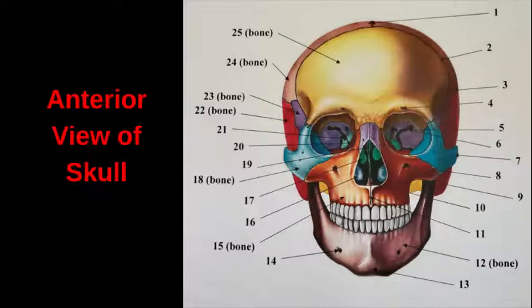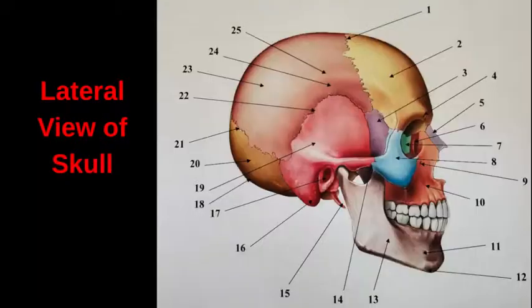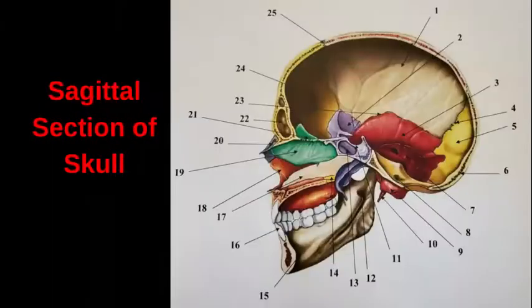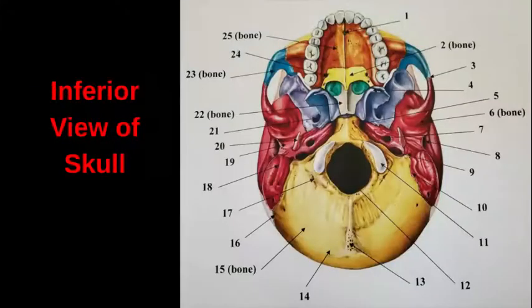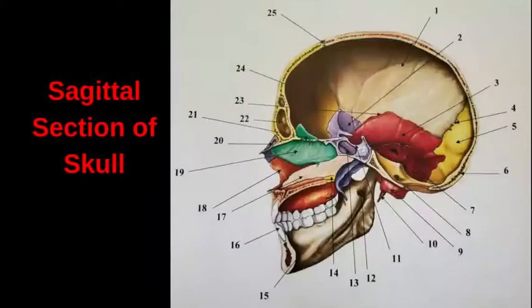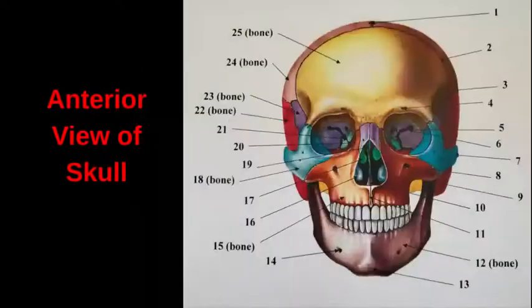Each view, okay, we have numbers. So lateral view is 1 through 25. All of the skulls actually have 25 structures. Now you're going to see the same structure on the different pictures or different views because you're just looking at the structures a different way. You're not actually looking at new ones. So I don't want you to get discouraged if you have mandible 5 times on your list,